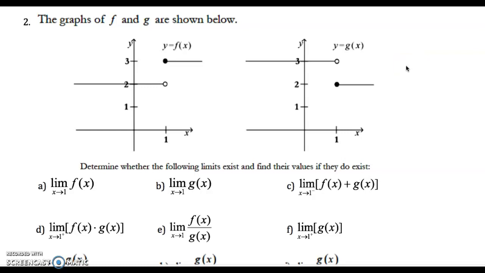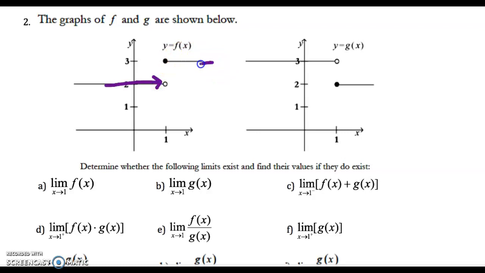Now moving down farther on this worksheet, number 2 says the graphs of f and g are shown below. Determine whether the following limits exist, if they exist at all. It says the limit as x approaches 1 of f of x. So let's look here. As x approaches 1 on the f function,